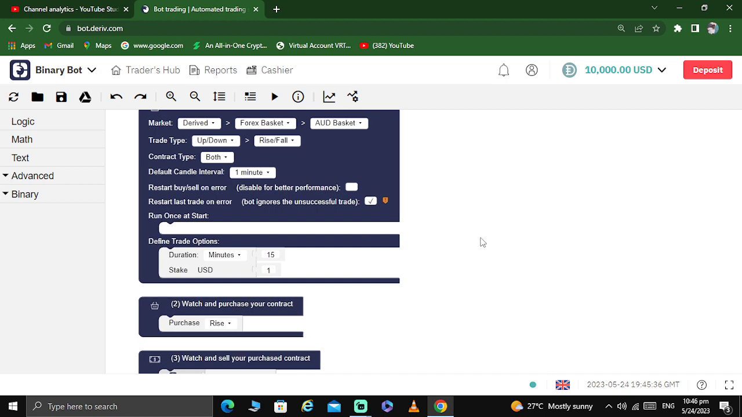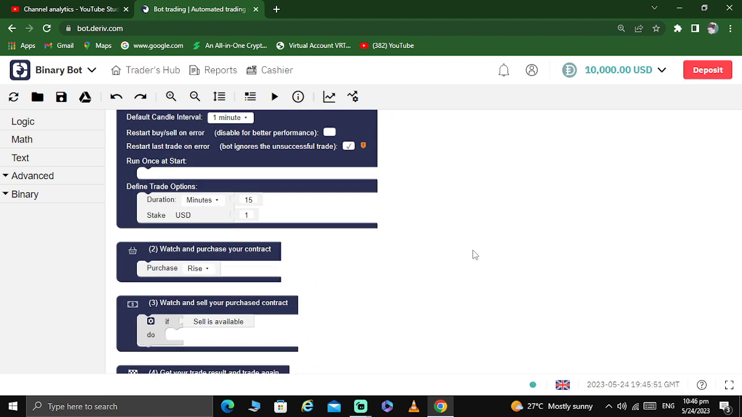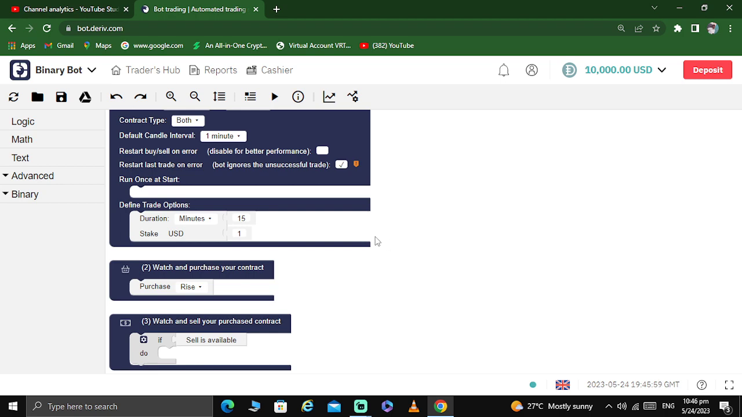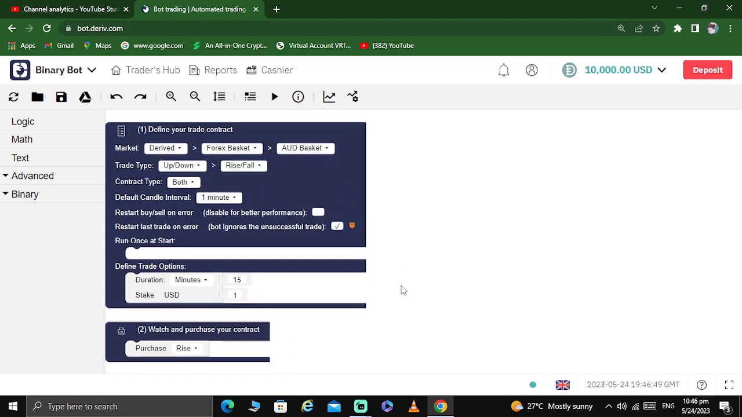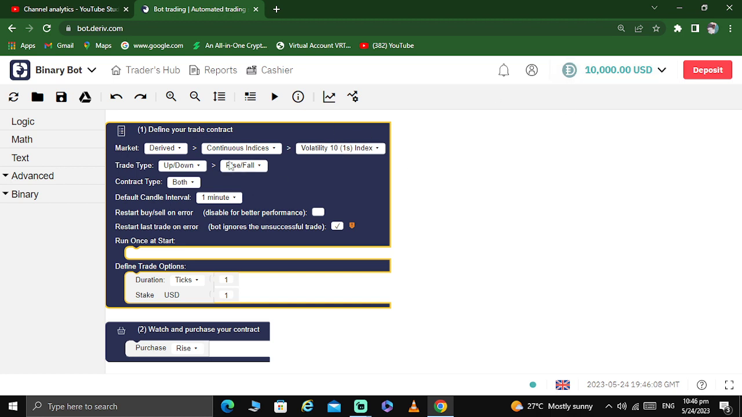When you open your Deriv account, this is the bot that is normally there. I'm not going to use any of my bots to add the feature. I'm just going to use this bot that is always there when you open the Deriv platform. This is the structure of the bot without any feature in it. So I'm going to trade Deriv continuous indices, Volatility 10 (1s), and leave it there